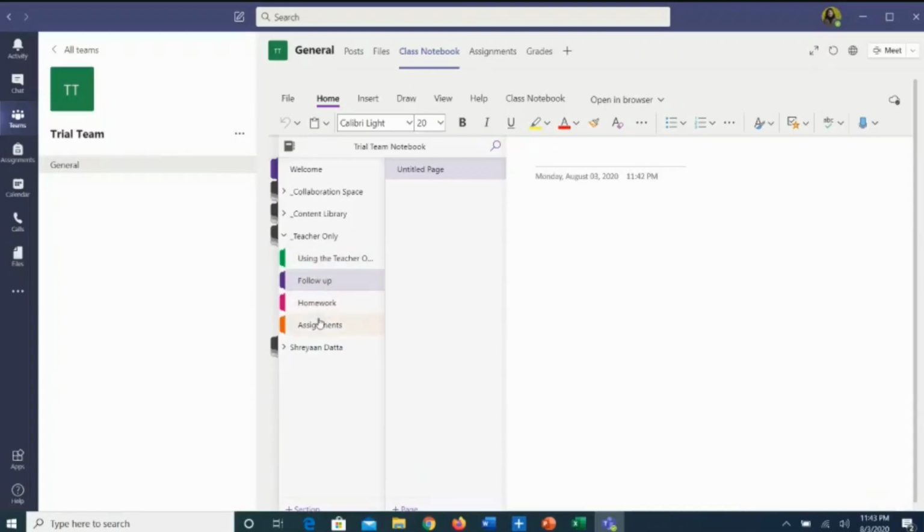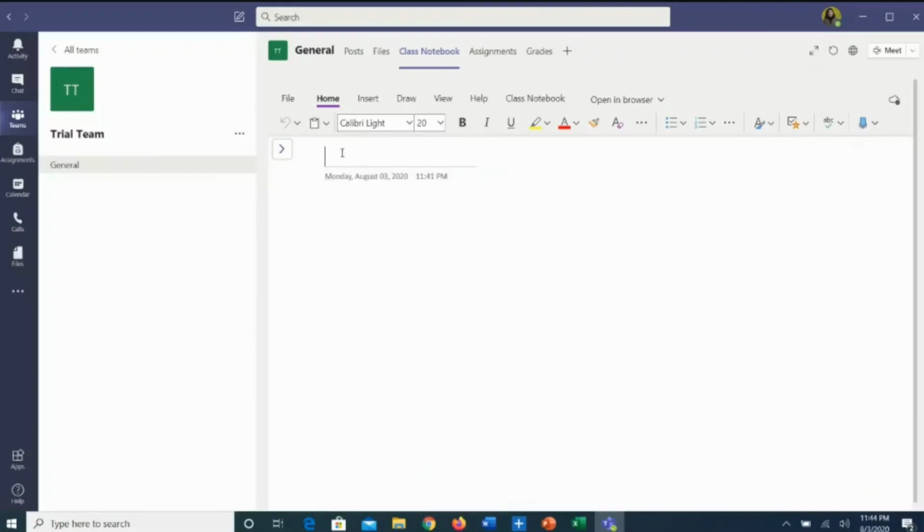So I can do the work here. I'll upload the assignments over here, and the child can complete the assignment in his own notebook also. I can also give it as homework to the child. So this is how it can be used very effectively. So let us try to upload the assignments in the teachers section. I click on the assignment, and you can see on the right side there is one blank page that has been inserted. So I write on this page assignment 1, my first assignment of quadratic equations.